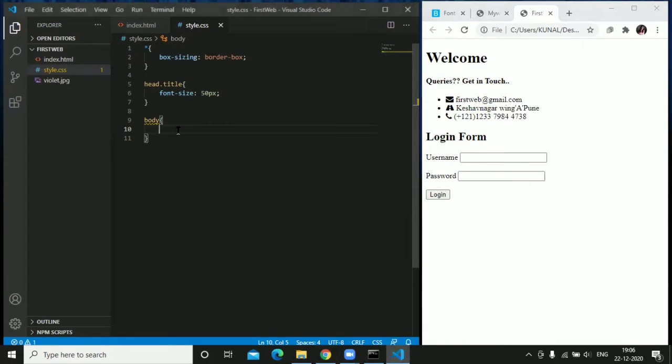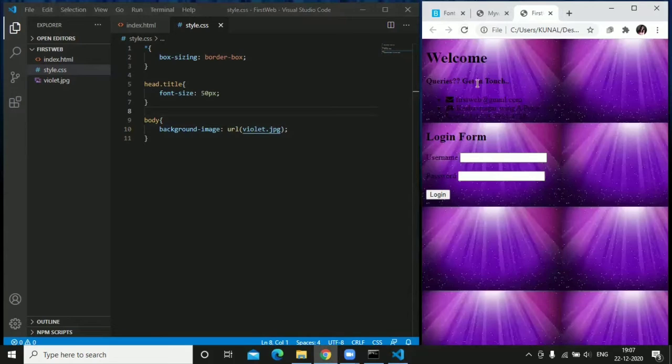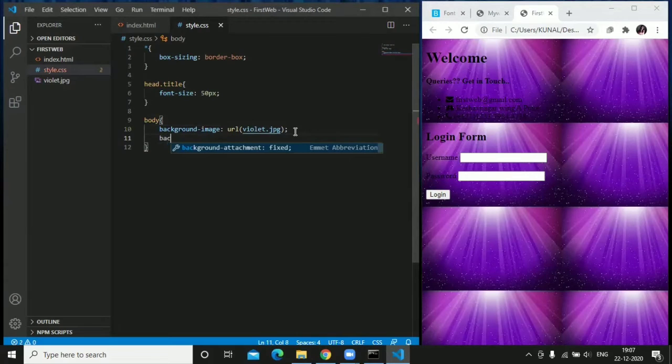So just write background image, type url, and pass the URL of this file, violet.jpg. Let's see. But you can see that the background has been repeated, right? We don't want it to be repeated, so just type background repeat, no-repeat.